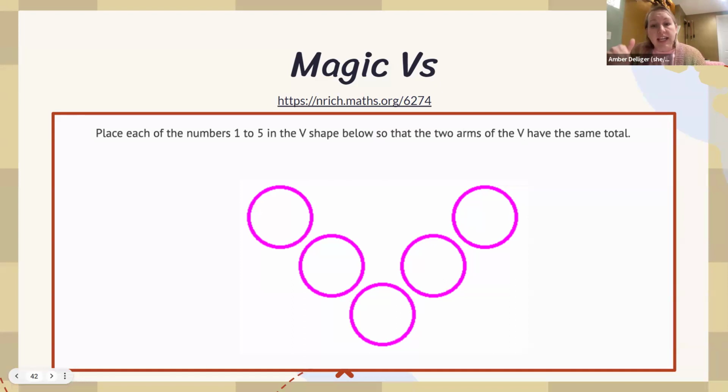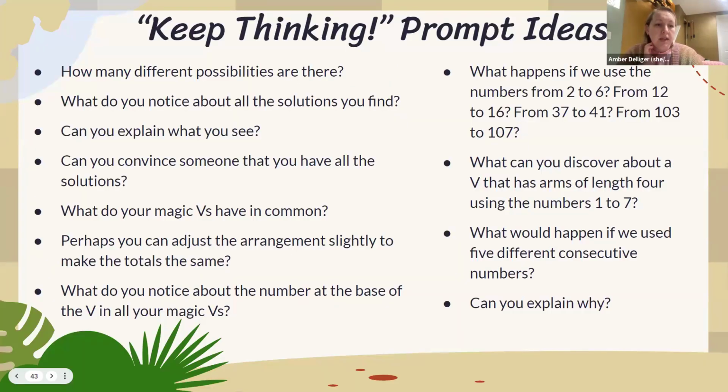So once again, just to highlight, the prompt is that you're going to take numbers 1, 2, 3, 4, and 5, and you're going to put them in the shape of a V so that the arms have the same total. And so if we go to the next slide, since I'm just about out of time,